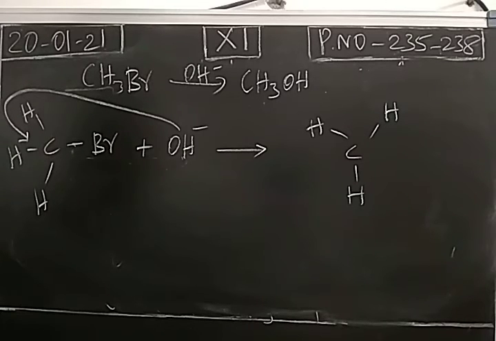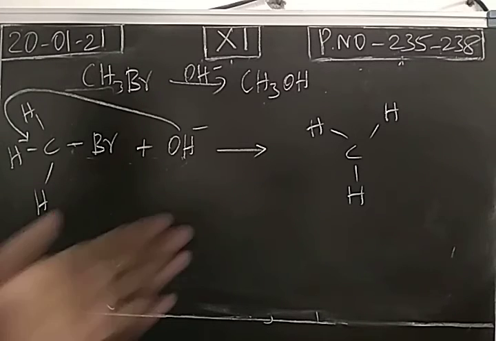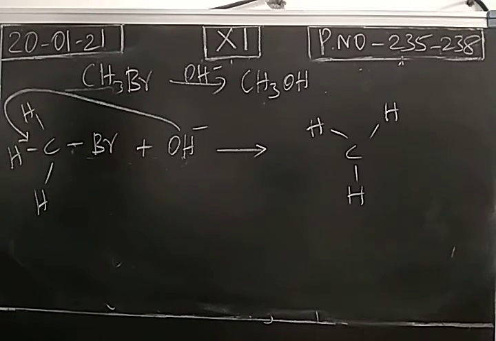The transition state is highly unstable in nature. So we have used different words already: activated complex, intermediate, transition state. So these are all unstable molecules. Before getting the product, we will get these unstable substances. The transition state is highly unstable. Intermediates can be isolated, but transition states cannot be isolated.